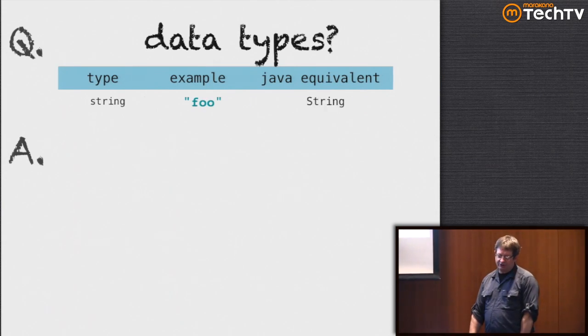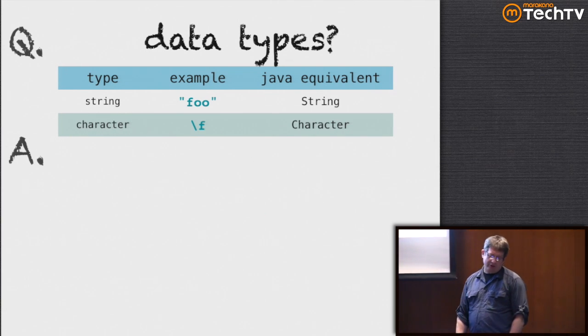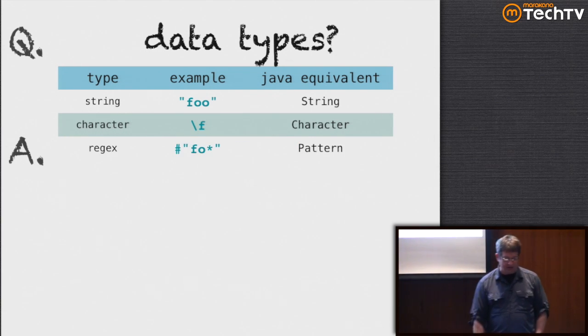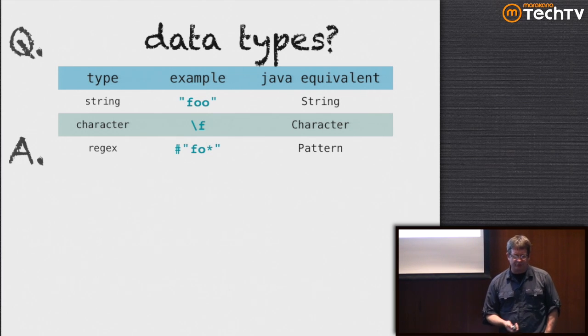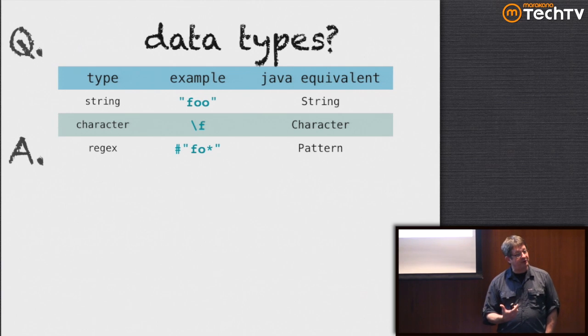So speaking of code, let's look and see what some Clojure code looks like. Clojure has the typical kind of data types you would expect on a JVM-based language. We have strings, which are double-quote delimited. We have characters, which are delimited with a slash in front of them. We have regular expressions as well.